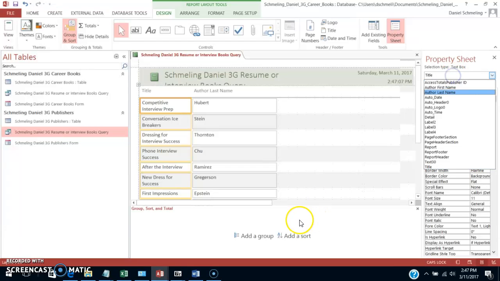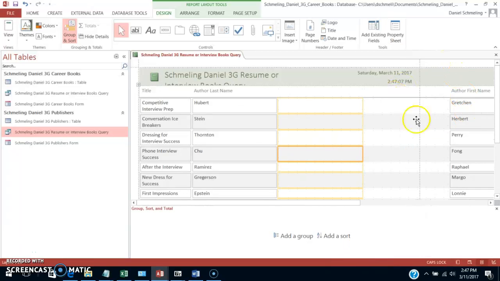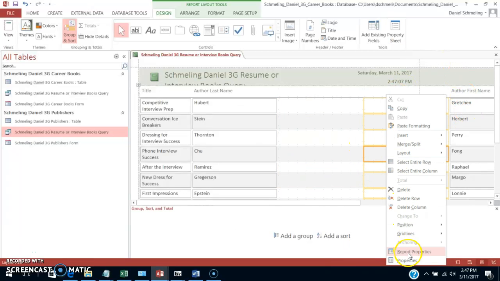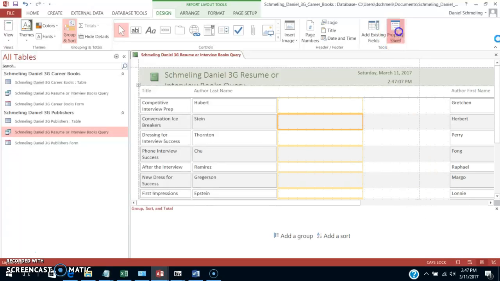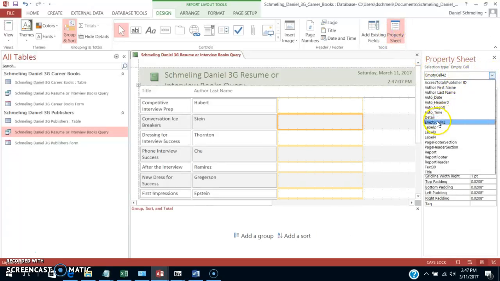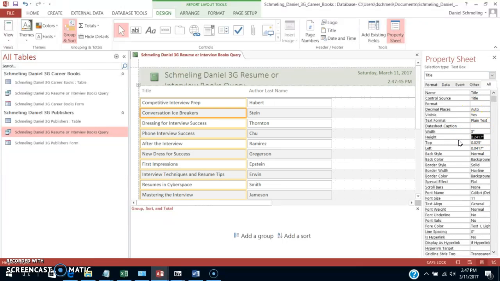So we're going to go ahead and right click here and go to properties, or property sheet. Sorry, it was already there, but you can either click anywhere or right click anywhere and go to property, or simply just click that property sheet here. We're going to pull up the title controls, right? What it wants us to do with those titles is set the width property to 3, and then it wants us to add a sort